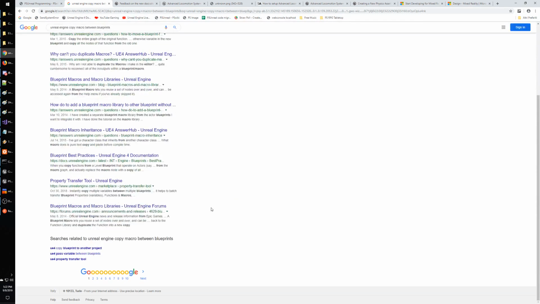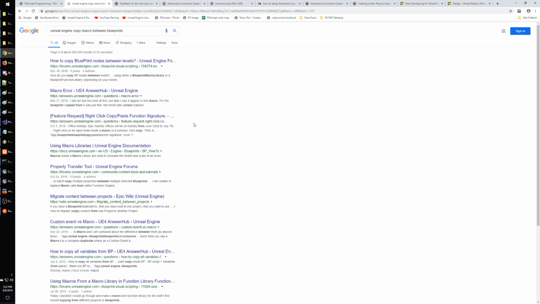They really need to do this. It makes no sense that there is no way to copy. Feature requests. Right click, copy paste function signature. Yeah, that would be a good one already, but in general,